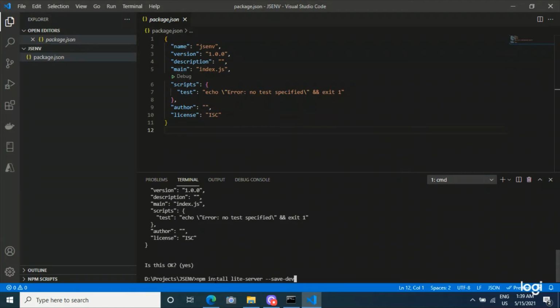That means this light-server is for developing the application, not for the application use.